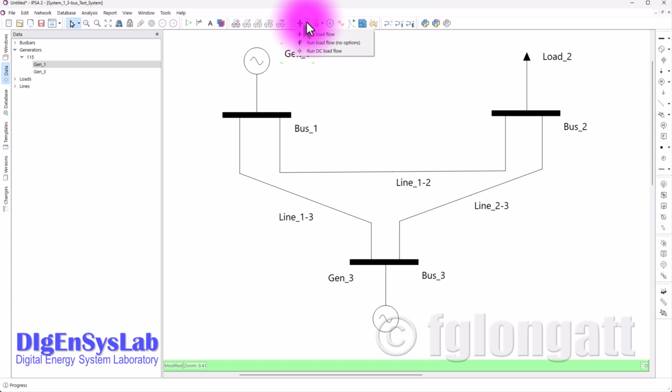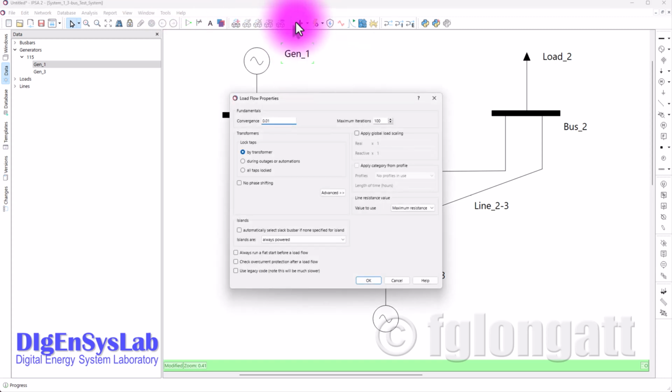There are several options like the classical load flow with no options, but also IPSA is enabled with the classical DC load flow. This is not a video about DC load flow, but DC load flow is a very interesting and quite useful tool, especially when you are debugging problems related to reactive power in very large power networks, okay? So what I will do here is press the icon, and now we have the load flow properties window. And as you can see at the top,